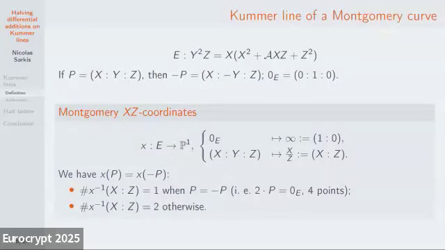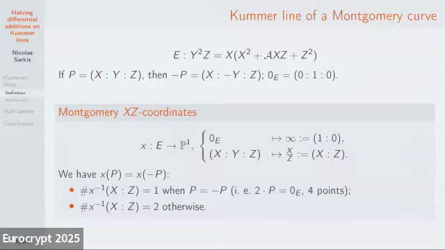Why are we interested in Montgomery curves? It's because Montgomery proposed 40 years ago to compute n times P using only the x coordinate of your base point. So you can recover x of n times P with the knowledge of x of P. And this is an example of a Kummer line. You take this map from your elliptic curve to the projective line. You send the neutral element to the point at infinity, and you send a projective point x, y, z to only its x coordinate, so x over z. And with this construction,